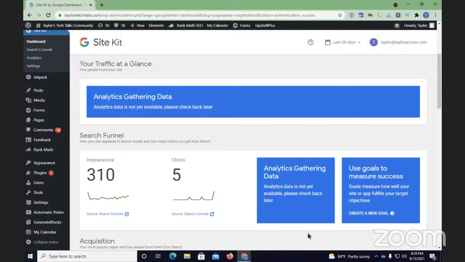Link search console, opens in a new window. Source colon. Link search. Heading level 3 clicks. So it says source search console. So that is the Google Search Console data. And again, analytics isn't ready yet, but don't worry, we will go into that in a little bit.